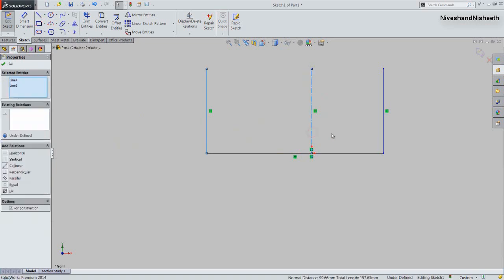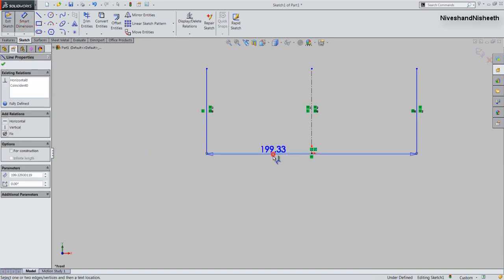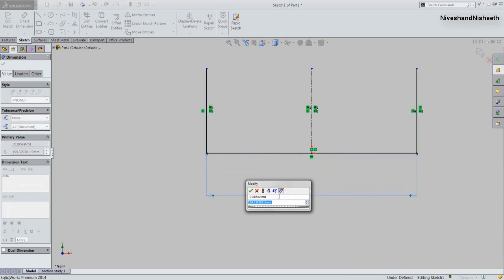Now we will fix the equal relation between these 3 lines as well as symmetric relation also. Now we will give the dimension over the baseline. It will keep 180 mm.